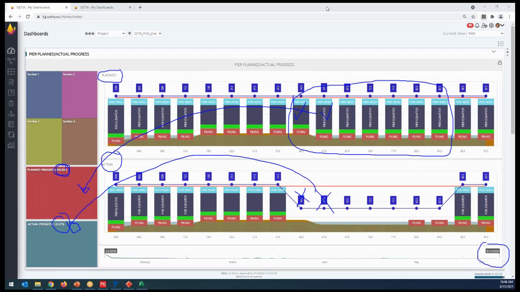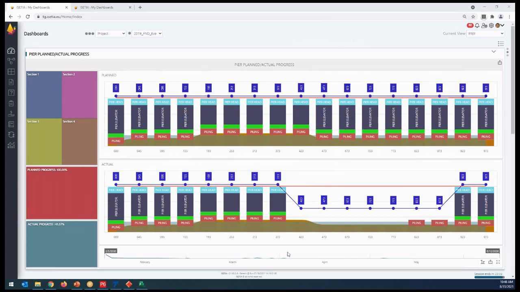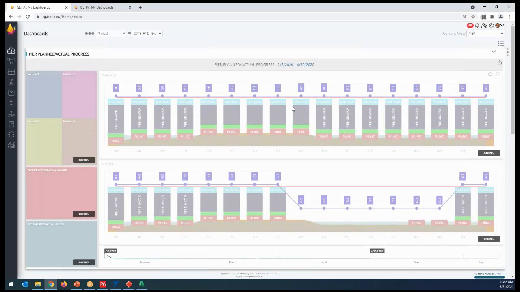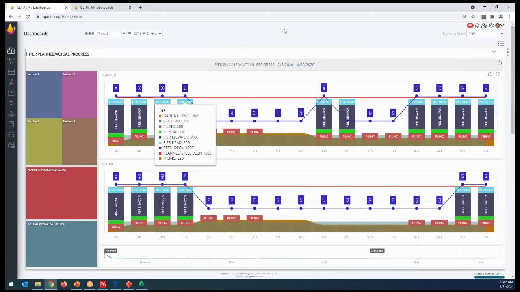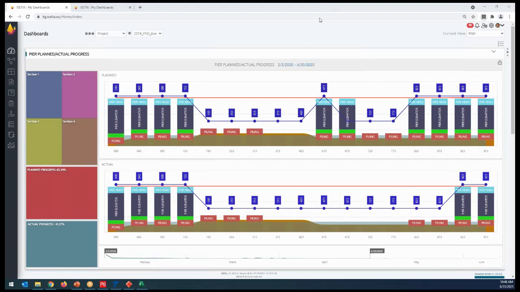And if I go to another date, because this is a dynamic report, say the end of April, the system will give me planned versus actual at the end of April. This is the end of April.